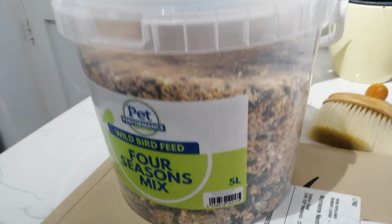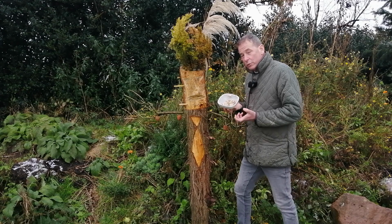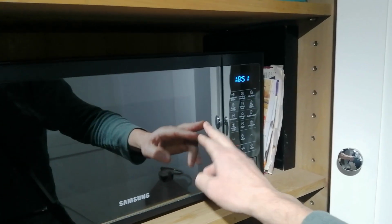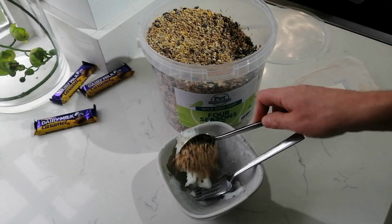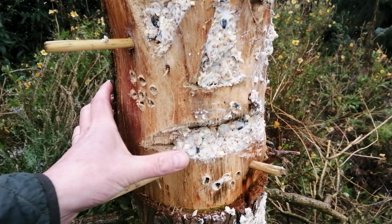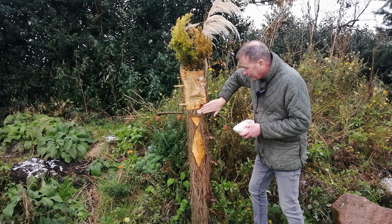It's a bit like those fat balls you can buy from shops at this time of year, but you can make your own fat, nutrient-rich bird feed simply by getting some lard from the supermarket, warm it up a little bit in the microwave just to soften it, and then mix in some wild bird seed, and then you can just smear that all over the face of your totem pole if you've got one. But if not, there's absolutely no reason why you can't smear this onto the bark of a